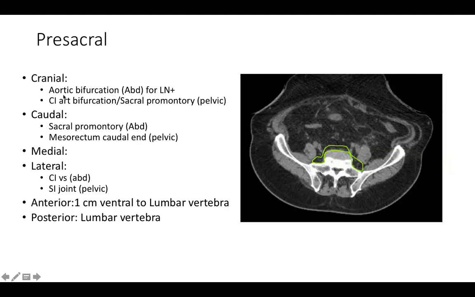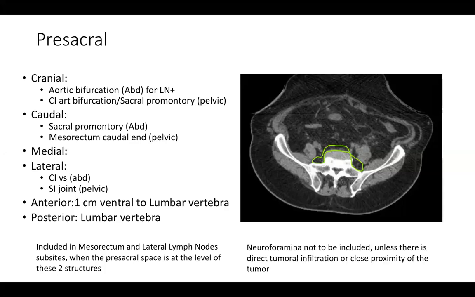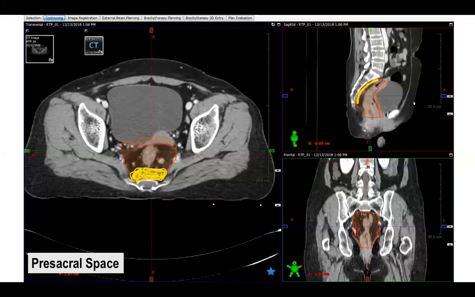So this is how they have divided it, and it will cover the entire anterior surface of the sacrum by a 1 centimeter margin to it. So very easy to understand. Now the thing that is important to differentiate is that we don't need to go into any of the sacral foramina, and only if the tumor is adherent to the sacrum do we need to go inside them. Otherwise we can very well just stay on the ventral surface of the sacral hollow itself.